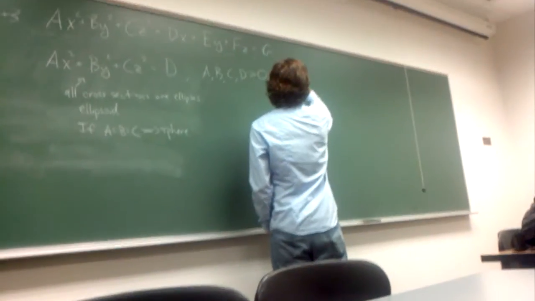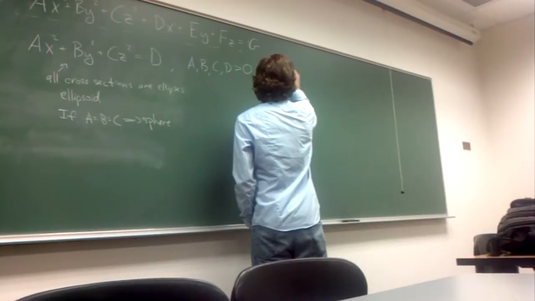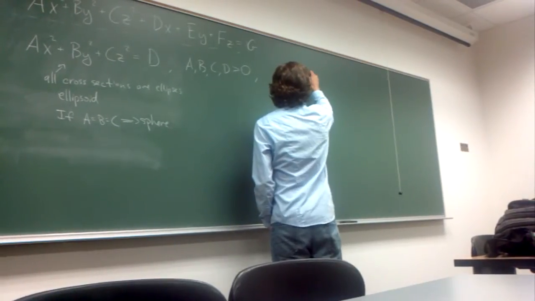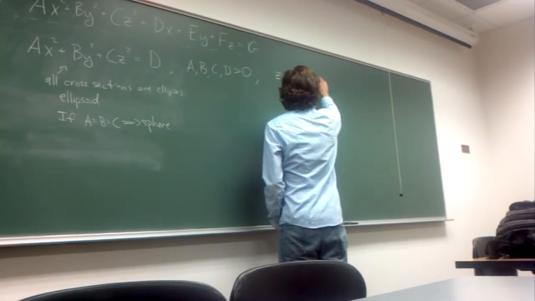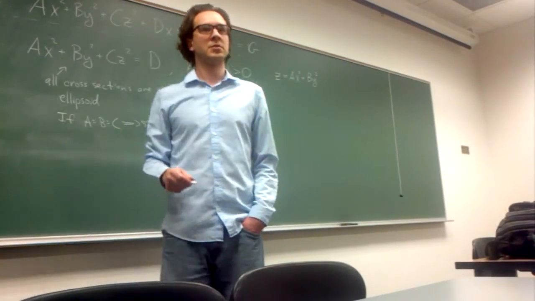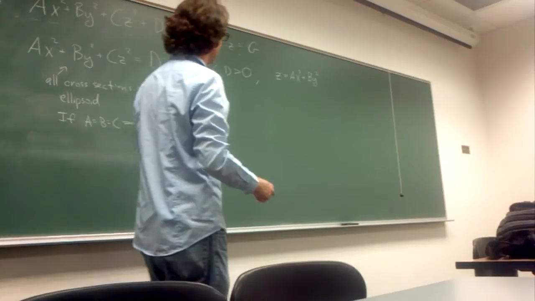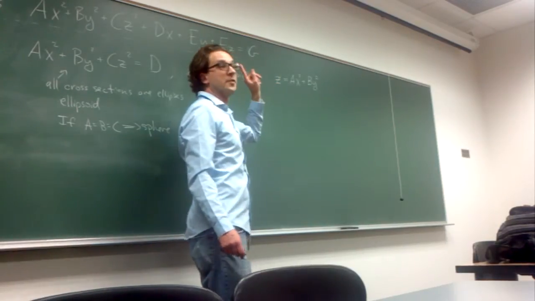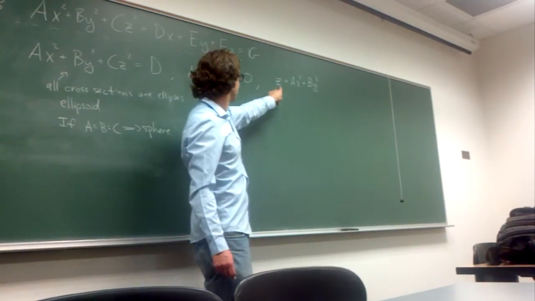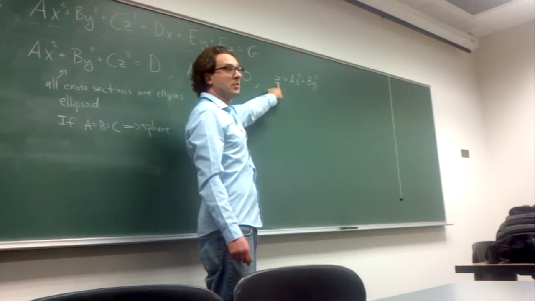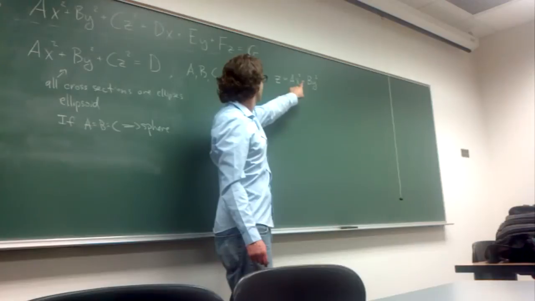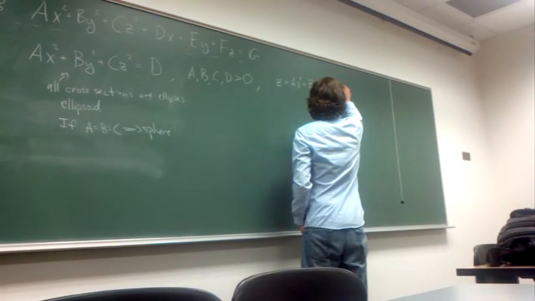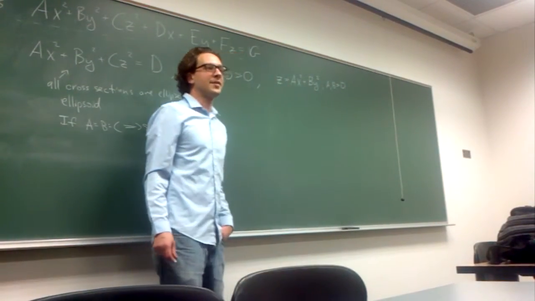Something that looks like z equals some number times x squared plus some number times y squared, basically. So that's an example in which the leading coefficient in one of the variables is actually 0, or the quadratic coefficient is actually 0, and so the leading term is linear. Okay, so we have a linear term equals something times x squared plus something times y squared, and if both of those somethings are positive,